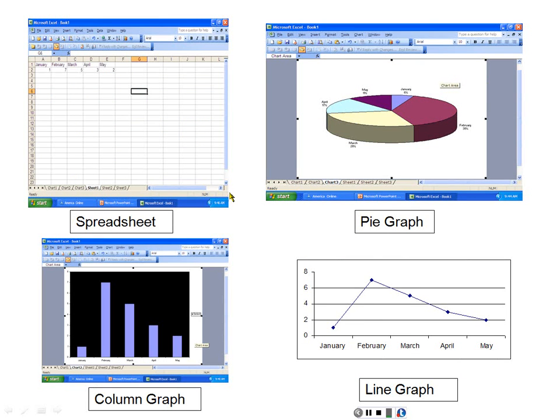Here's examples, again, of just data entered into a spreadsheet. And these are the graphs that were generated just from this small amount of data. We can do a pie graph or a pie chart. We can do column graphs. We can do line graphs. All different types of things. They're called scatter diagrams, all types. And many of these, some of you will learn when you take your quality improvement class, and you'll actually be